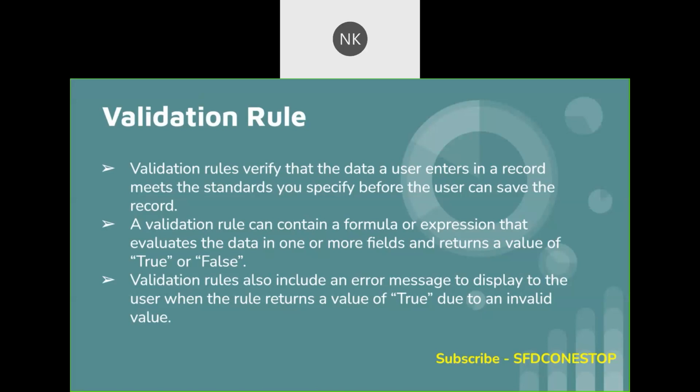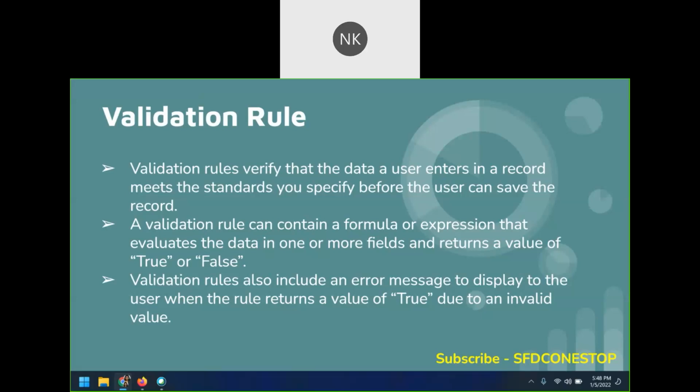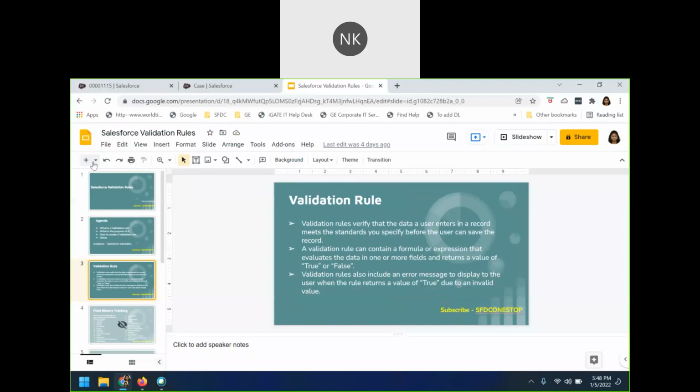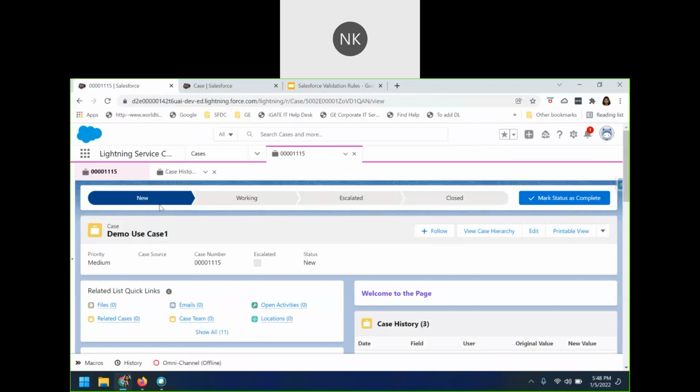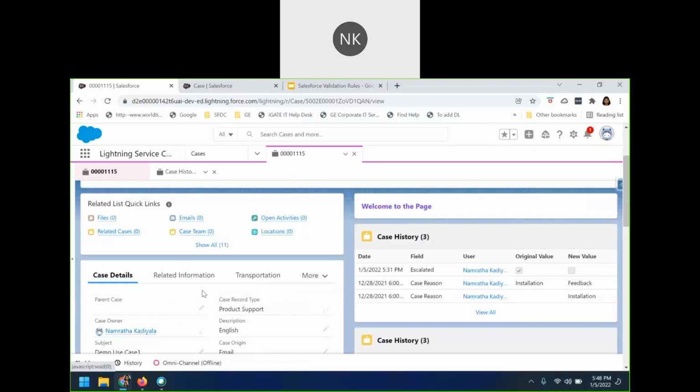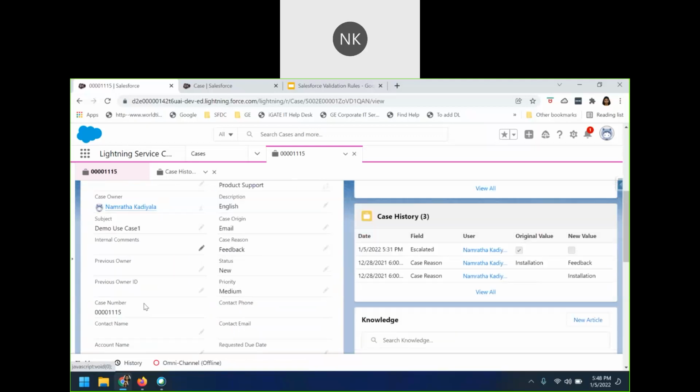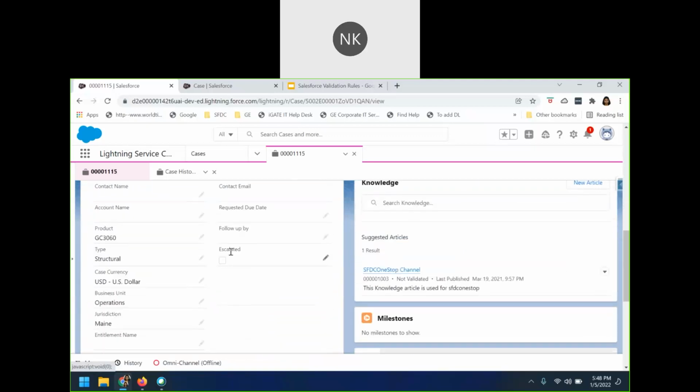So if I go back to my Salesforce org, I will try to explain what is the use case which I'm talking about. I have opened my Lightning Service Console app wherein I already have my case open. Basically, I am a service rep and I'm working on this specific case. While working on it, I got to know that this case is escalated.